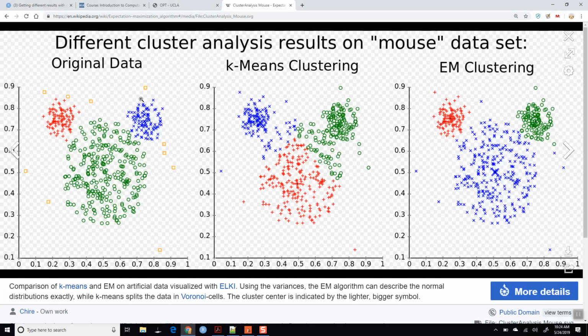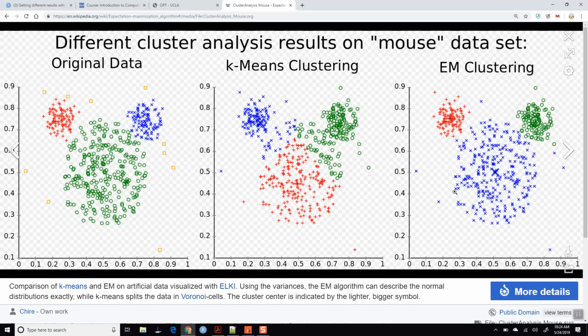These are, I think, test cases. I think this is the original data, and these are test cases, and they're seeing how the algorithm classifies them. I think that's what these orange points are. And so k-means puts this one as red, and this one down here is red, whereas EM, well, I guess